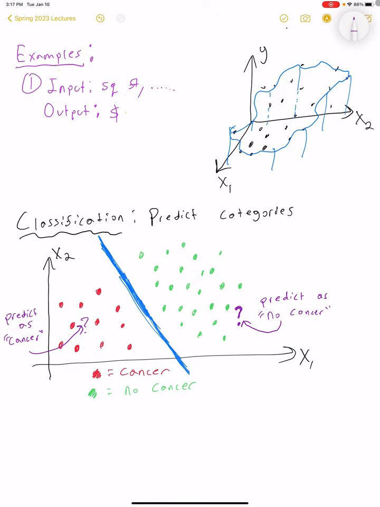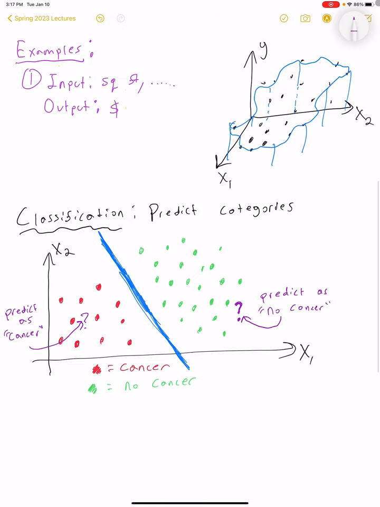Any questions on classification? Yes. For edge cases, if you had trained an AI to do that, and then you got a data point very far away from either category, would it output the